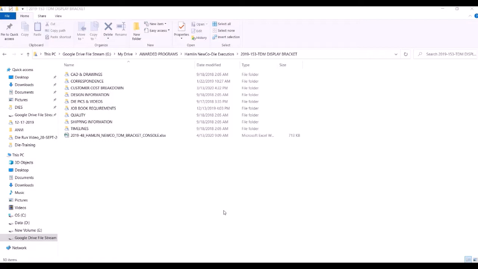After we were awarded this particular part, we went through the GD&T drawing and checked the feasibility of what dimensions and what tolerances we can achieve and what we can't achieve. The third one was simulation, that was nothing but 3D feasibility. Our supplier used AutoForm to simulate and check if the part is feasible.